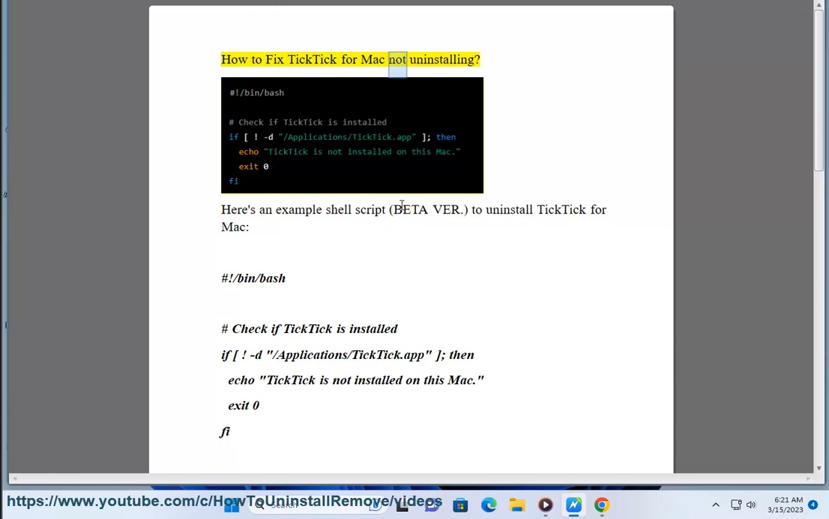How to fix TickTick for Mac not uninstalling. Here's an example shell script, beta version, to uninstall TickTick for Mac. #!/bin/bash. # Check if TickTick is installed. if